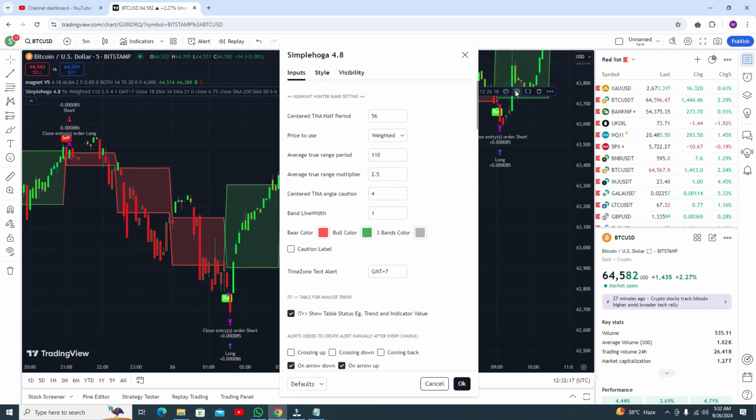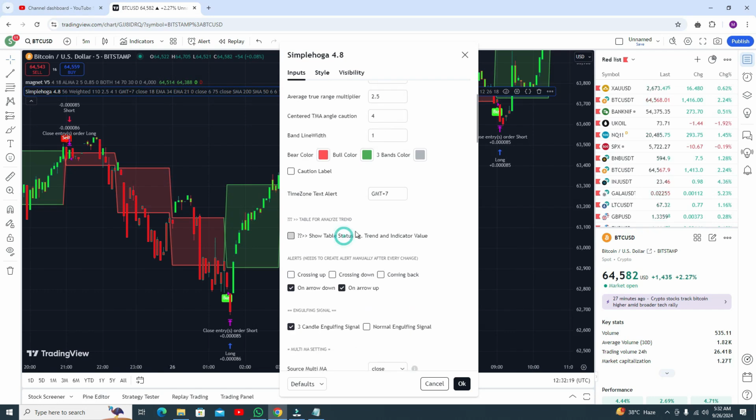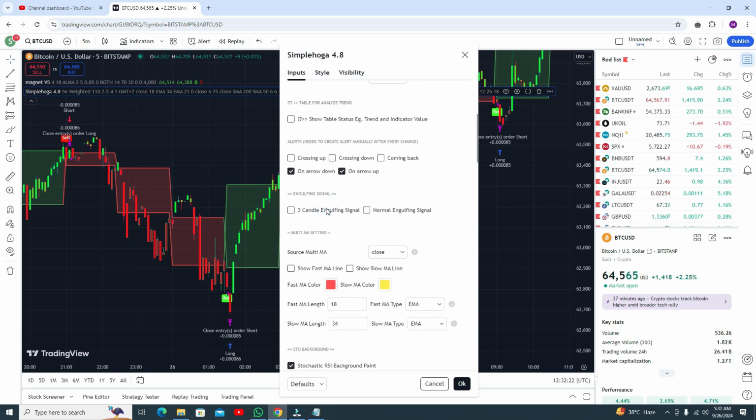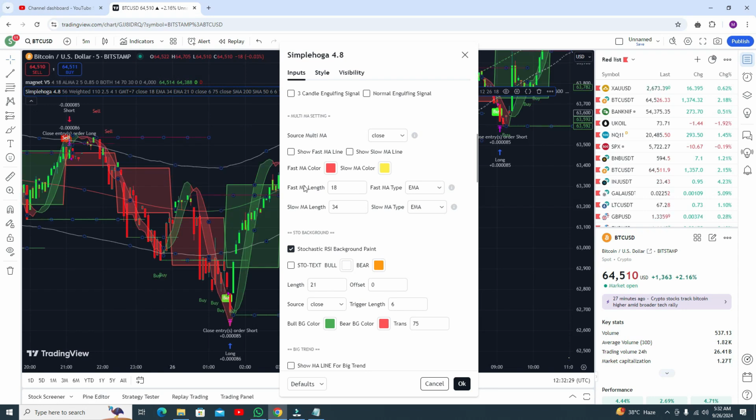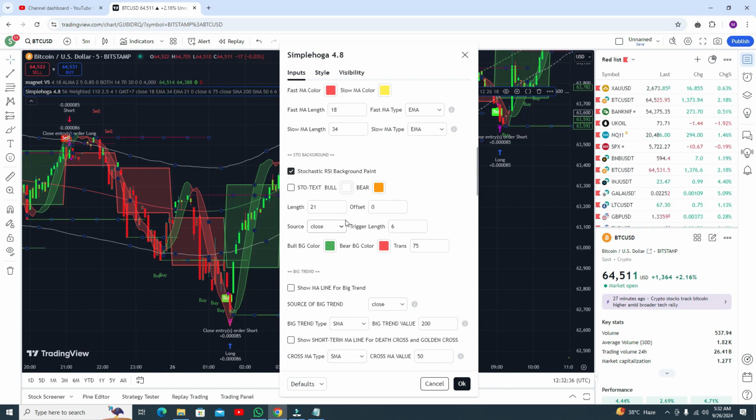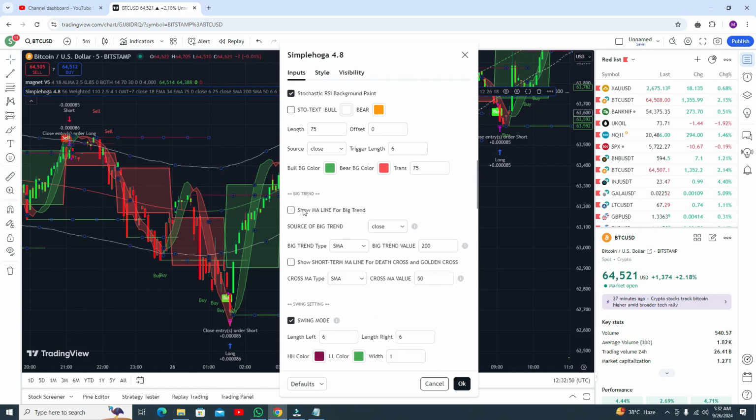We need to change some settings in this indicator, like you can uncheck this one, the unfolding signal, we do not need this one. In this indicator I use all the things. You can even use MA source code, MA fast line and slow line, which you can adjust. This is the RSI. We need to put 75 RSI. Okay, and this is an RSI ribbon. You can see this is actually an RSI ribbon. Okay, 100% non repainting. Okay, MA lines.